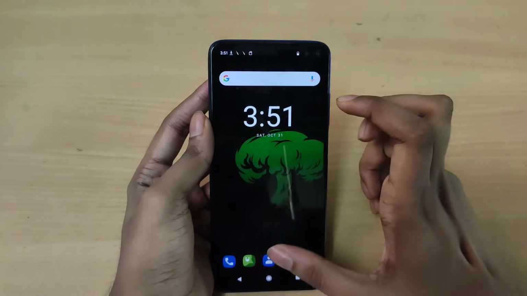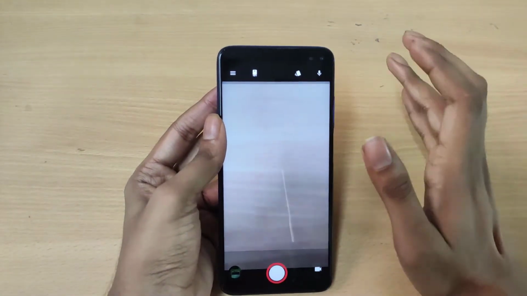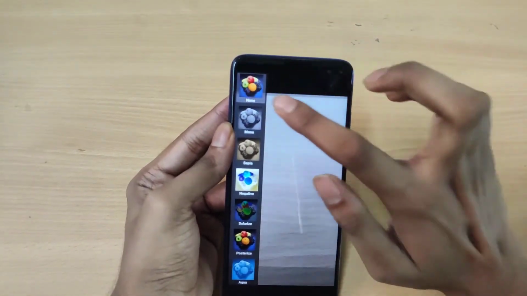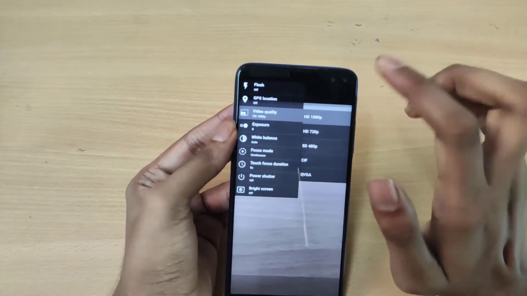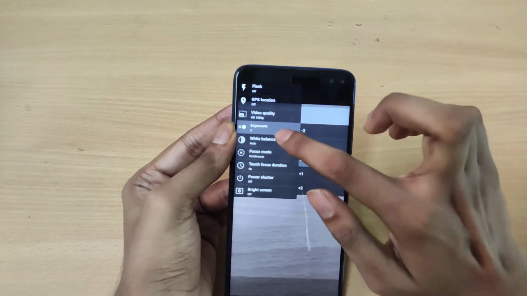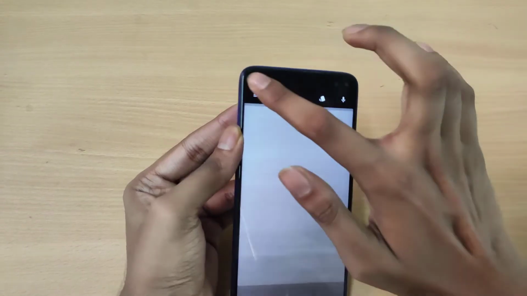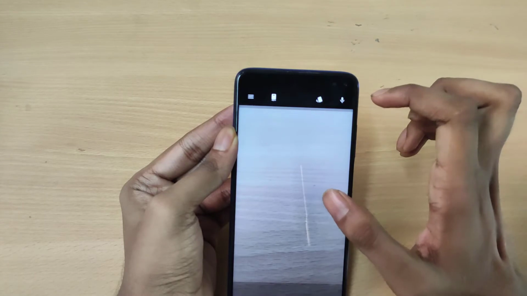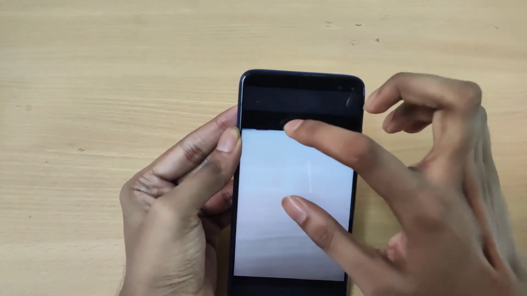Anyways, let's check out the camera, and I really hate this camera again. I don't know why they keep providing this really bad camera. The filters are bad, not working correctly. Also there is no option for 4K, and as you can see, you can change the exposure here, white balance, focus, but nonetheless there is no option for HDR as well, so you can't take high dynamic shots.